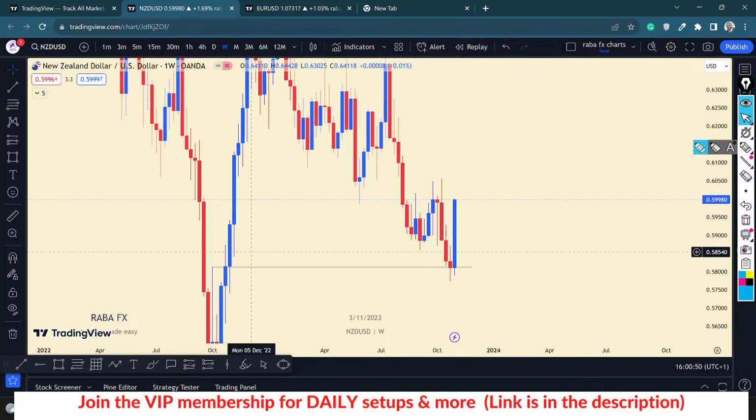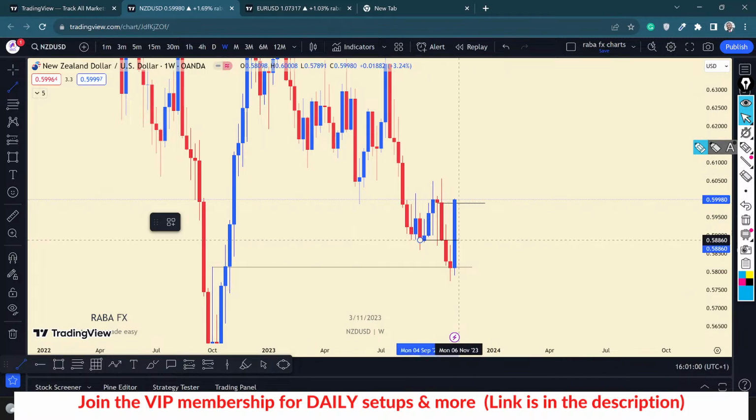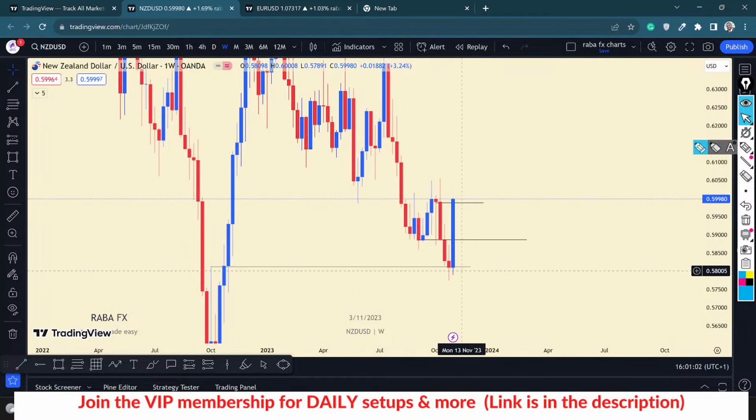We have to wait for a form of what? Retracement. However, we've closed above this, but we need to find a form of retracement back to give us a better entry around this, from this level down, based on the weekly time frame. All right, so on the daily,